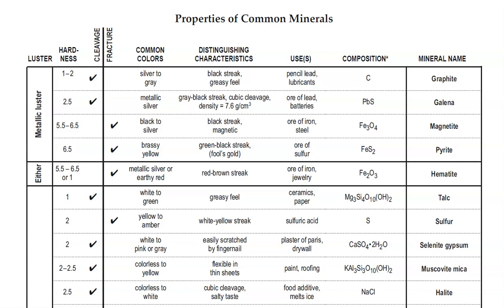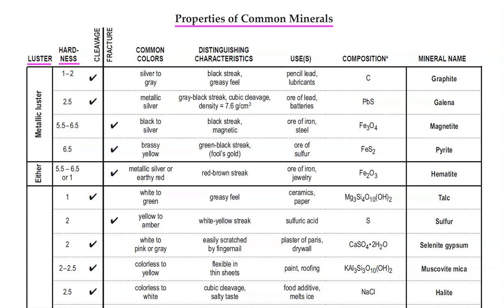Here we have page 16 of the Earth Science Reference Table, Properties of Common Minerals. It's always good practice to look at the title. That's the very first thing you should do when you're looking at a brand new table or diagram in the reference table. The next thing we want to do, this is just table reading skills, is take a look at the